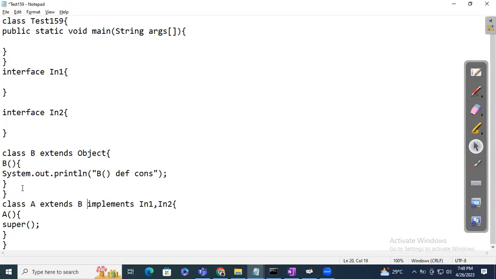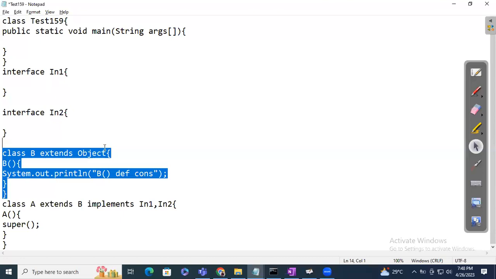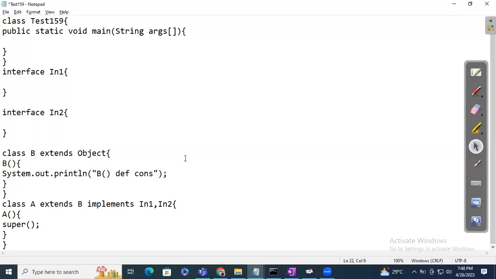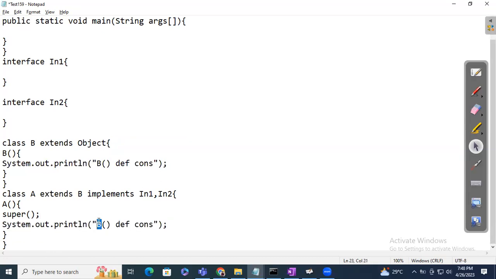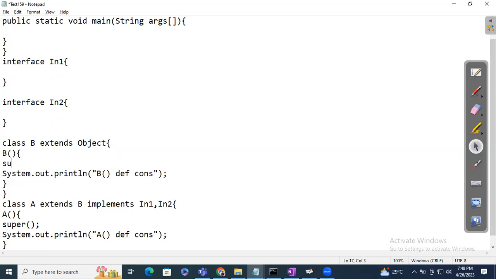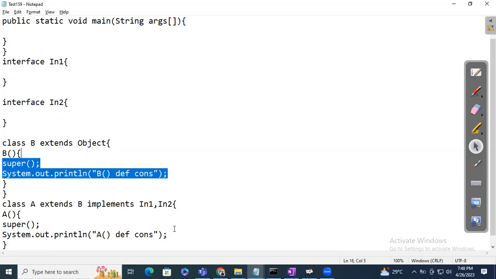Now where the call goes, it comes into B. From B, it goes to Object. And in this, I will write A default constructor. This is just to prove that from A it goes to B, from B it goes to Object. If you want, you can write super here, like this, okay? Now, if we create an object of A, the output should be B default constructor and A